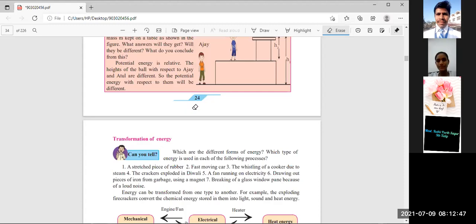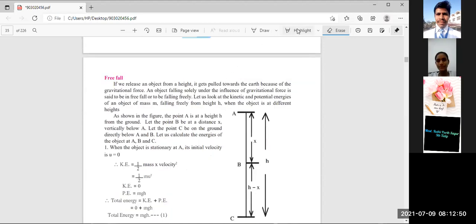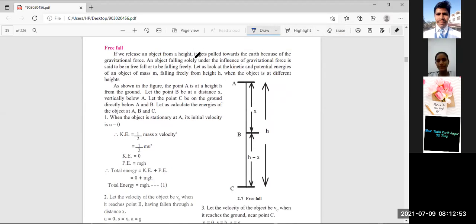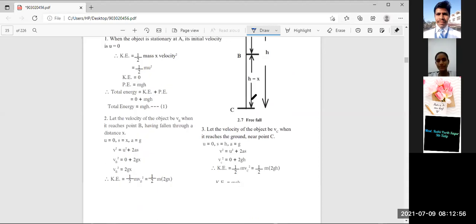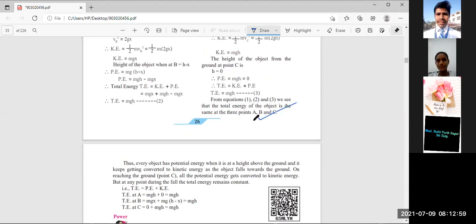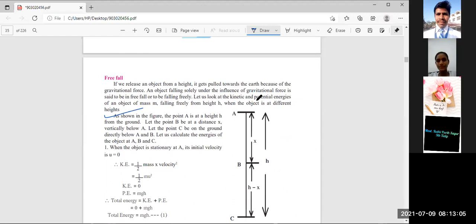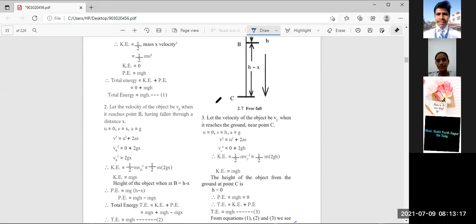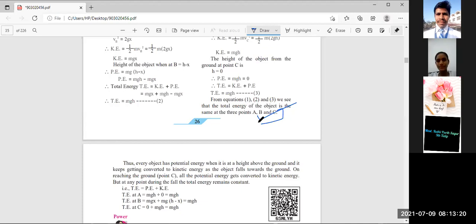So we can see this: free fall. From this you can write. Understood, all of you? We have to draw that figure. Yes, the figure is very important, and one more thing remains. Here you have to take the kinetic energies and this mass m. From this you can write until this point C. Got it? Until the third example. Yes, the third answer. Got it, everyone?